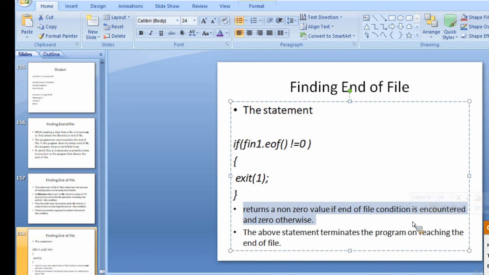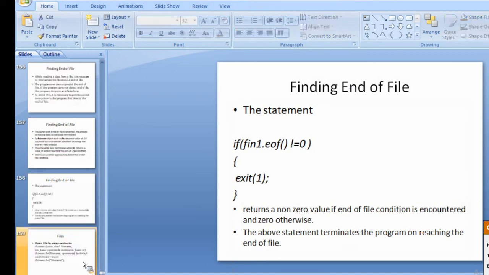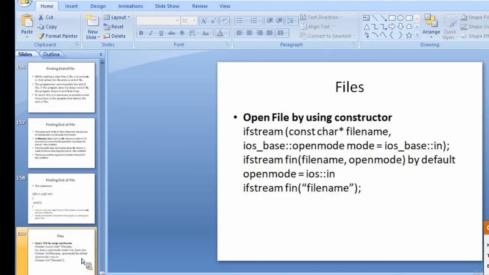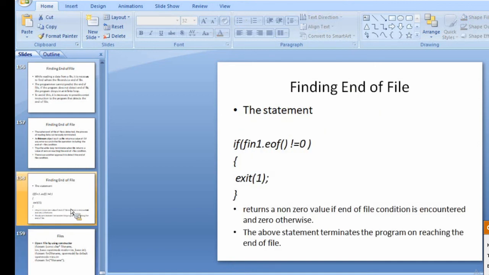Remember here, eof, end of the file, returns a non-zero value if the condition is encountered, otherwise it returns 0. Okay, if it sees an end of the file condition, it gives us a non-zero value, otherwise it gives us a value 0 here. Is this clear to you people?